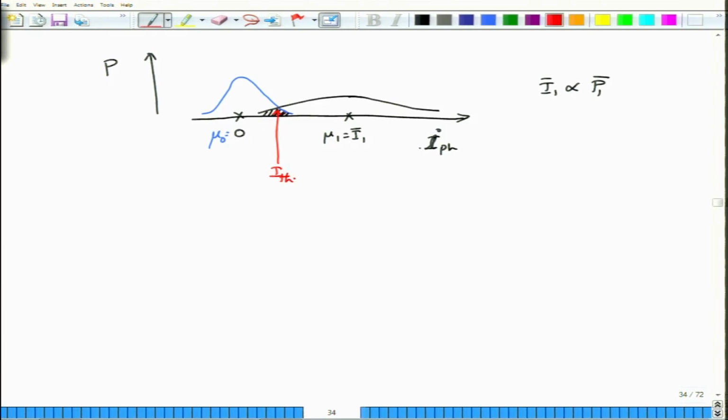Please note that this is the threshold value and not the thermal value. This is the threshold that we are using and not the thermal noise that I have written out there. Okay. So, hopefully you have understood these two pictures. This is the distribution of amplitudes when you launch 1, and this is the distribution when you launch 0. Okay. So, this is how the two noise variances are.